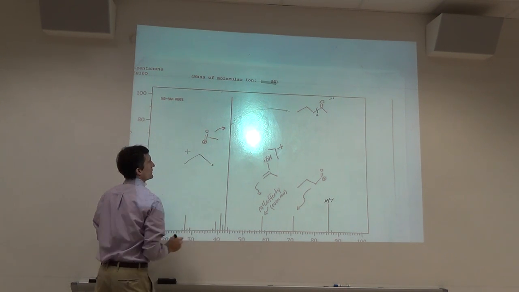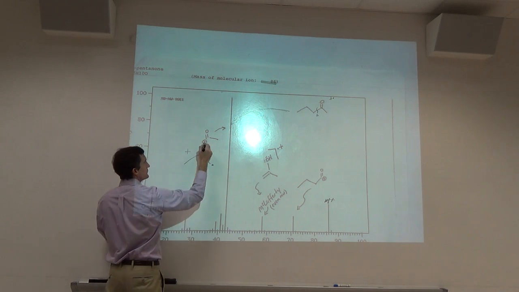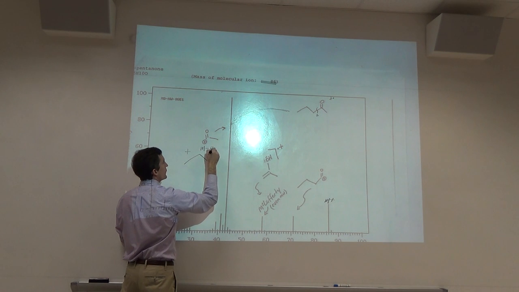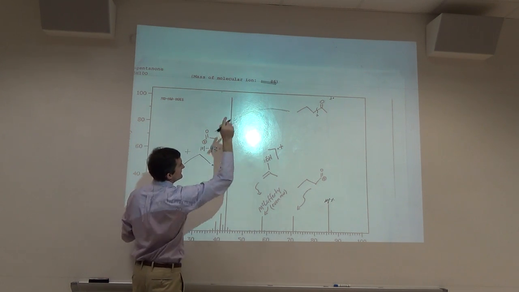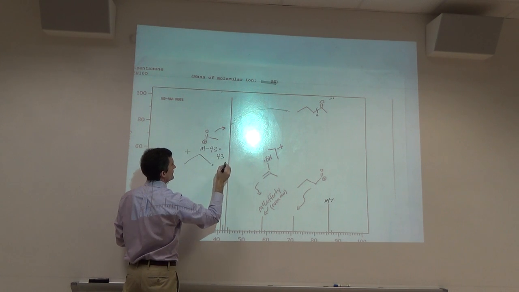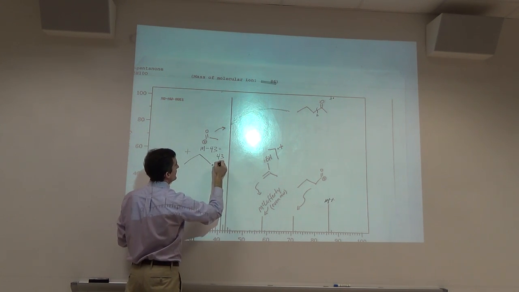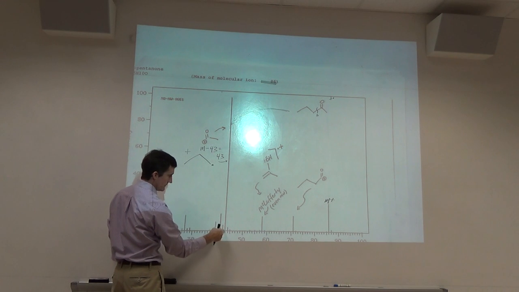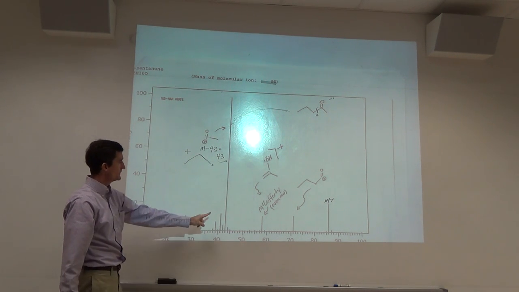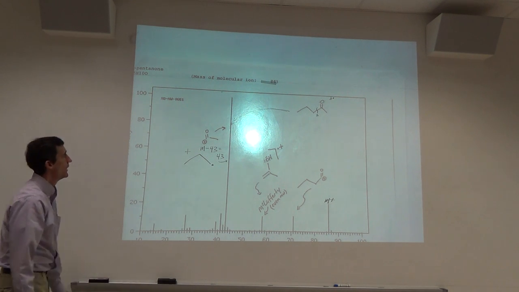A propyl radical. And this would be M minus what? What's a propyl? 43. 86 minus 43 is what? 43. Yes. It's for that cation. That's actually the base peak. Why is this cation